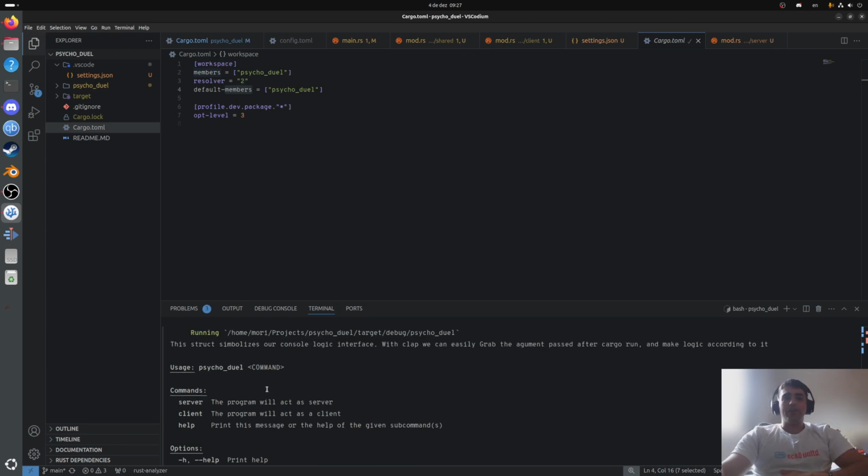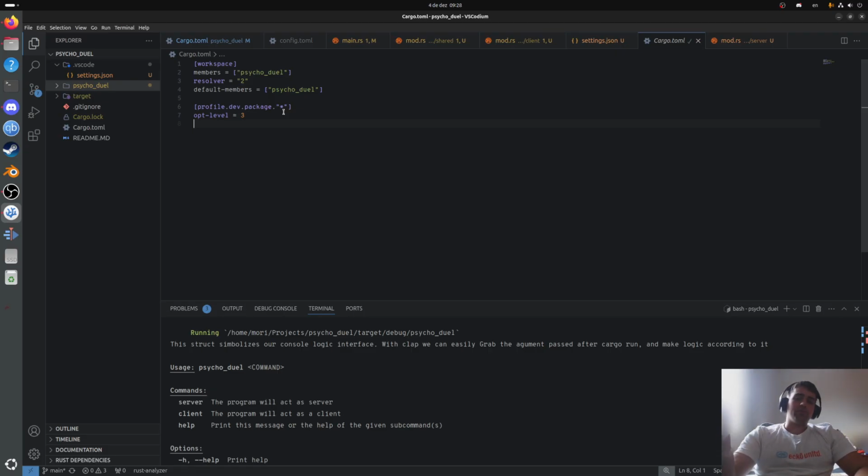So you can see here that when you run cargo run, it's not gonna run this toml, but it's gonna run this toml. So it knows that we are pointing to it. That's basically what it's doing. We're telling it, oh, this is the default member. You should run it.